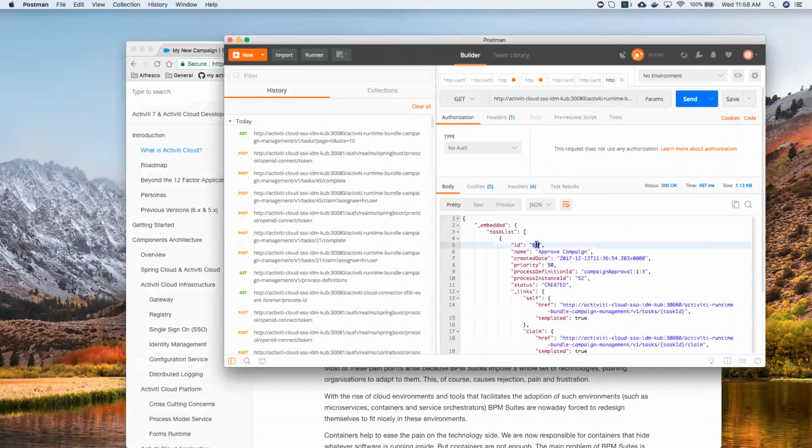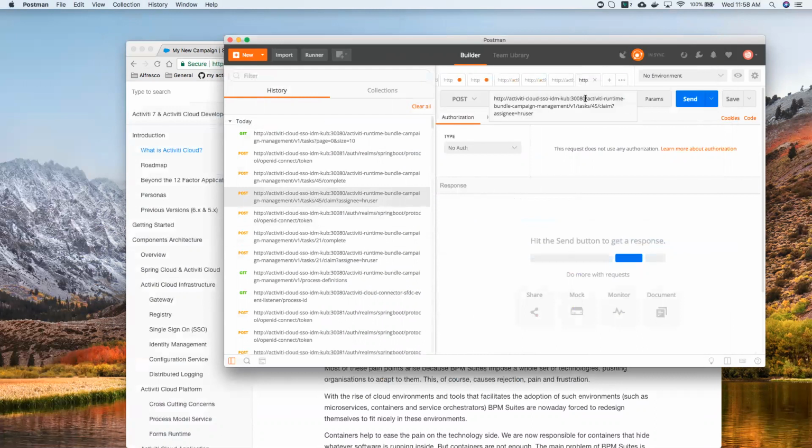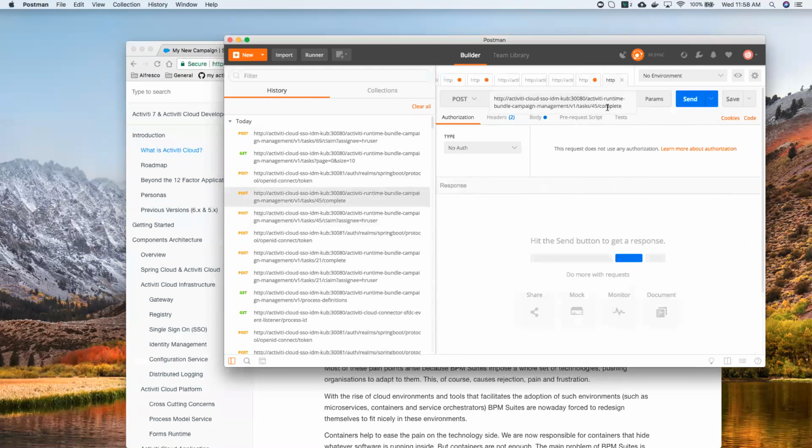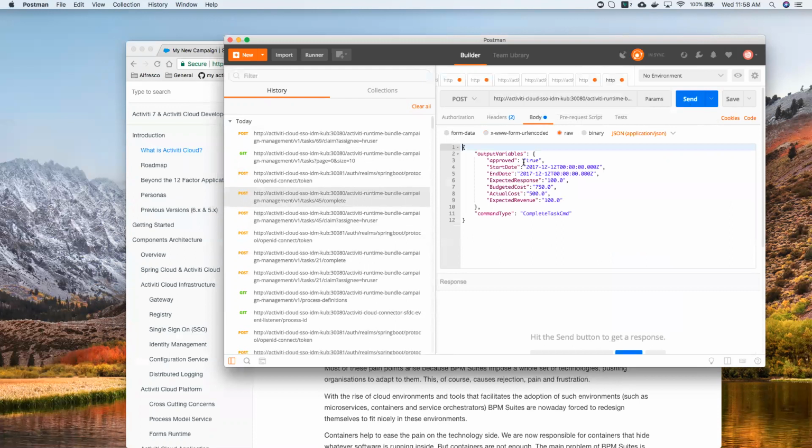Now there's a task called 69. What I'm now going to do is claim this task. So this, as per the workflow, it's getting assigned to a group. I'm going to claim that. Then the next step is to complete it. So as part of the completion, what I'm going to do is set the data as start date and end date. I'm changing the date to today or yesterday,